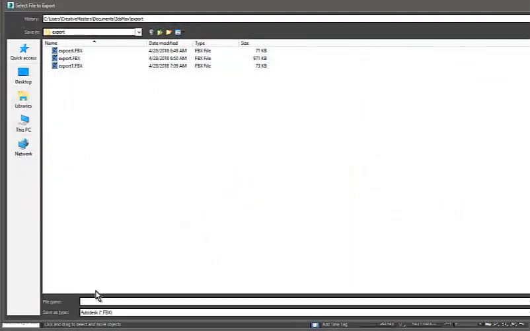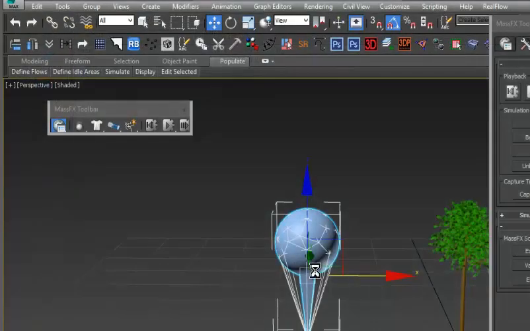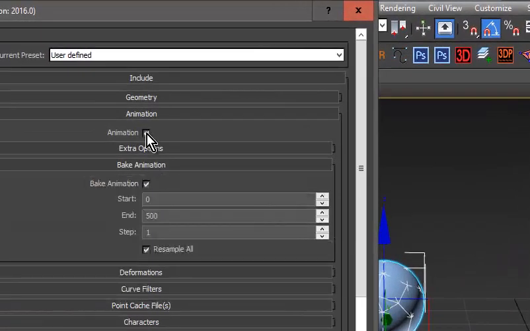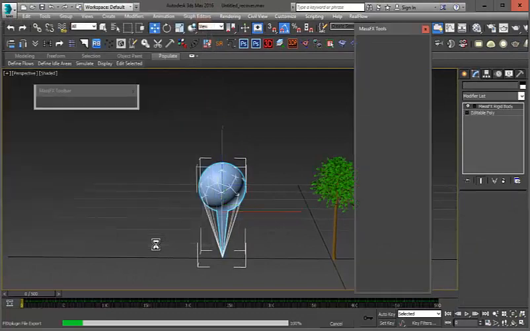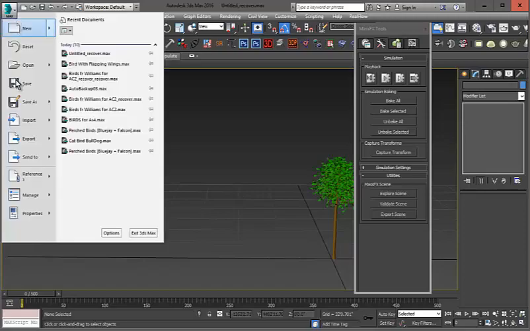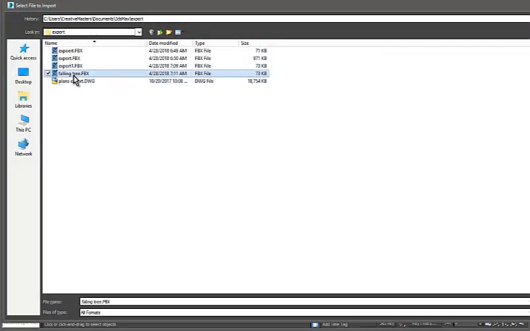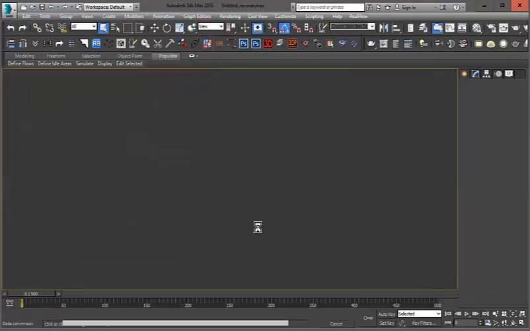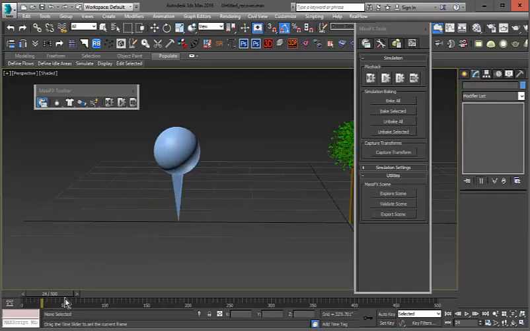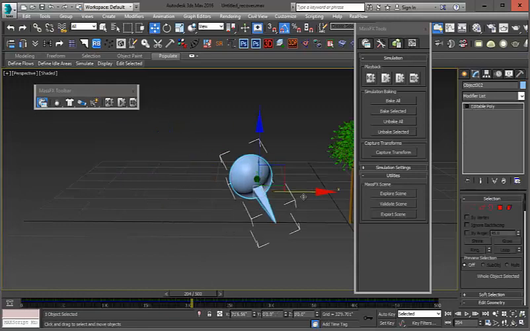I'm going to export mine to the desktop. I'm going to call it Falling Tree, and choose Export as an FBX. Under Animations, I want to make sure I check Animation. Then I want to make sure I check Bake Animation, and I also check Resample All. Choose OK, and that's it. Now I can delete that object and import, and I will import Fallen Tree. Choose OK, and now I can move this anywhere I want, and it will always animate anywhere I put it,